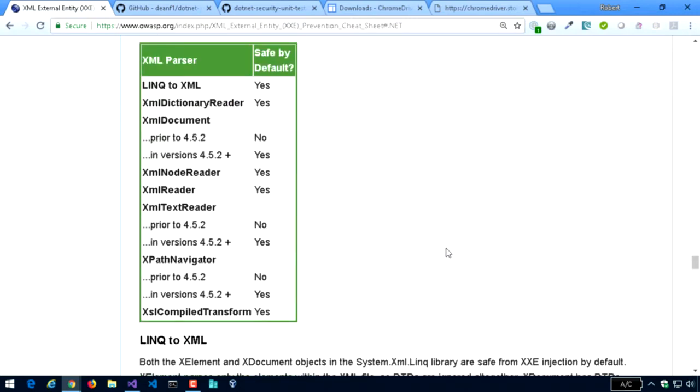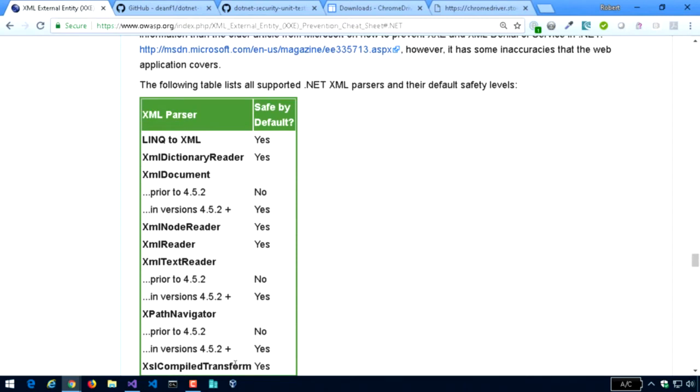First of all, I'd like to point out that ever since .NET 4.5.2 and beyond, many of the XML libraries that are available in .NET by default already have the protection in place for DTD processing. That's essentially what we're talking about here, making it so that certain entities would not be executed through DTD processing. And just as a quick reminder, if you have an XXE vulnerability present, what you're seeing